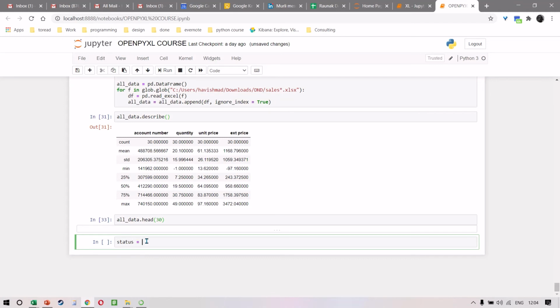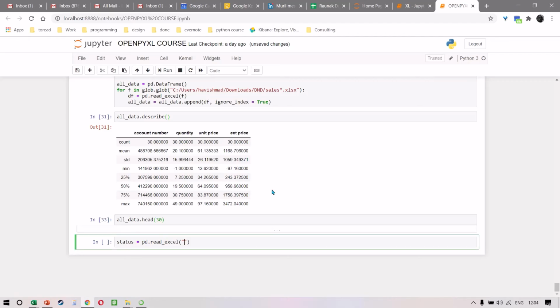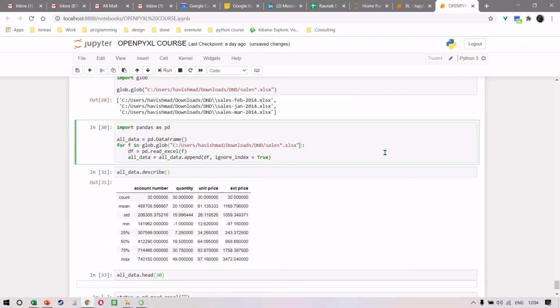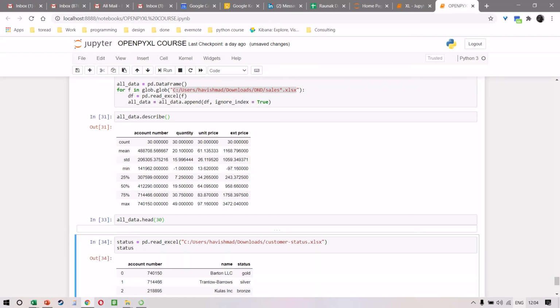So let's first say status is equal to pd.read_excel, and then we will select our path. Let me just copy this from here. And we want to choose the file called customer status. Okay.